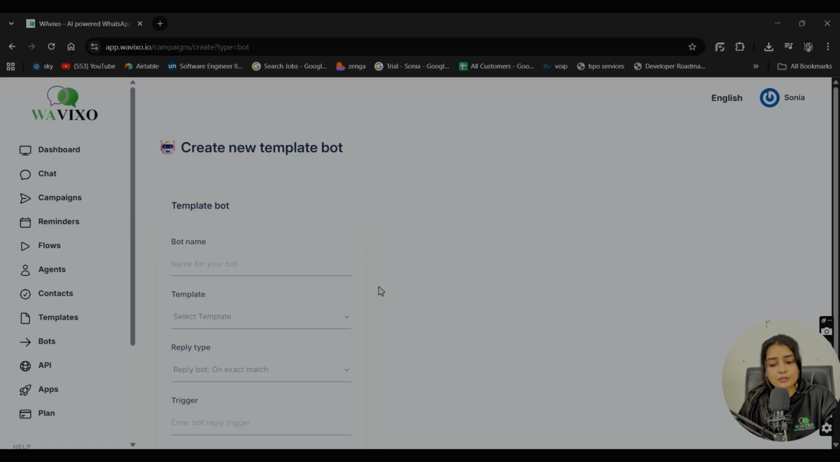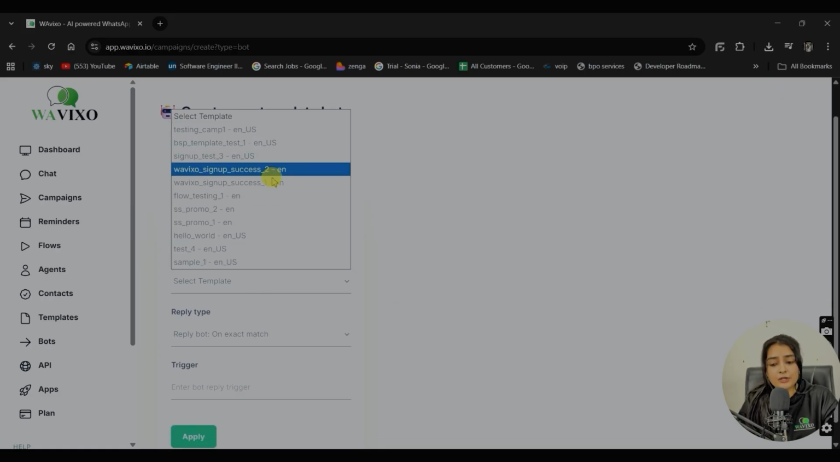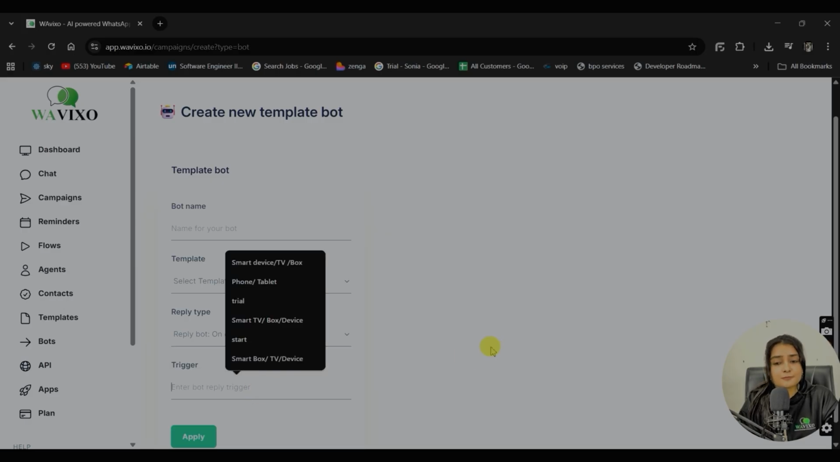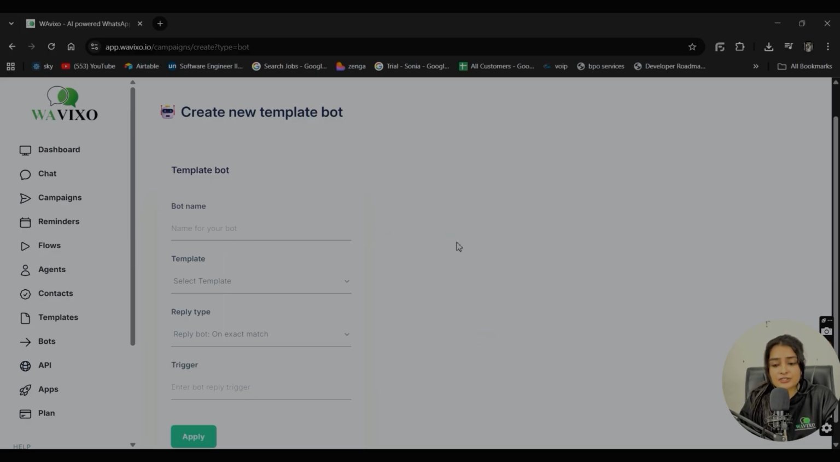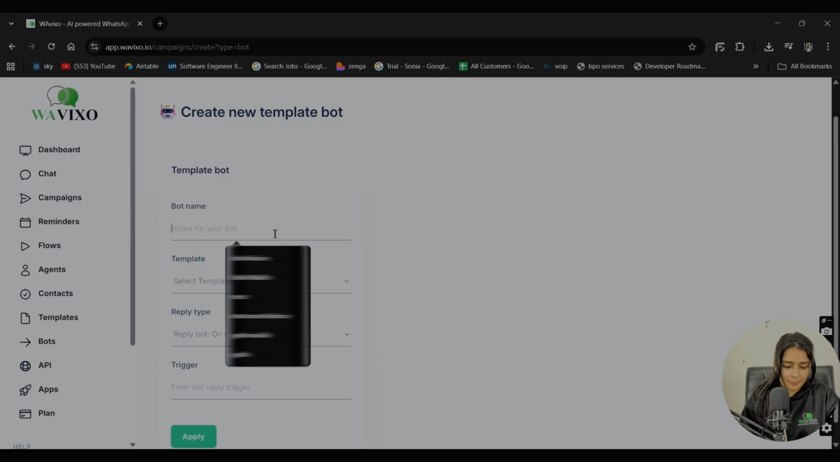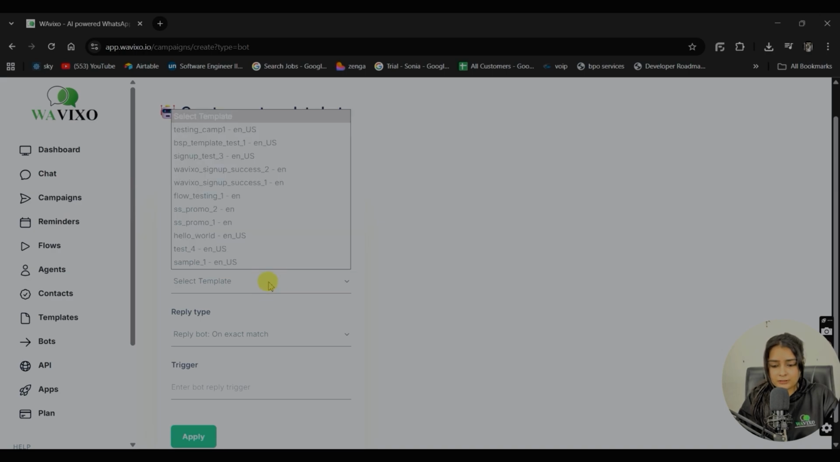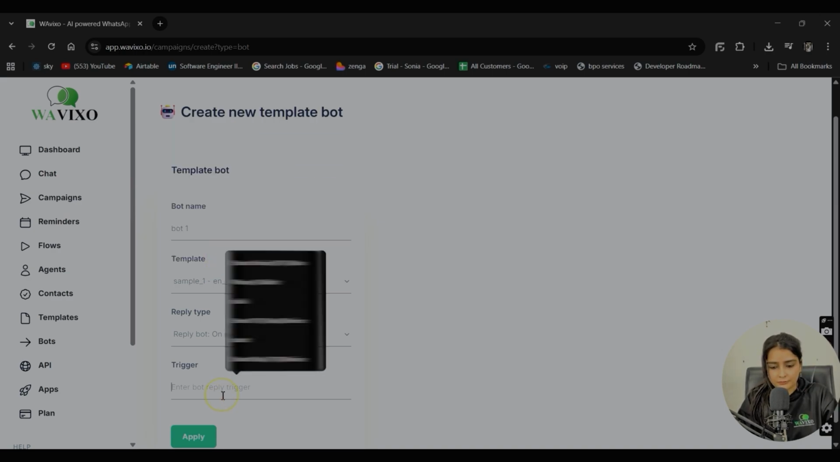With template bots, you can choose pre-approved templates from your existing templates, set a reply type, enter a trigger word, and apply. It's perfect for sending verified, structured messages quickly. Let's make one. Name: bot 1. Select template, trigger and trigger word,